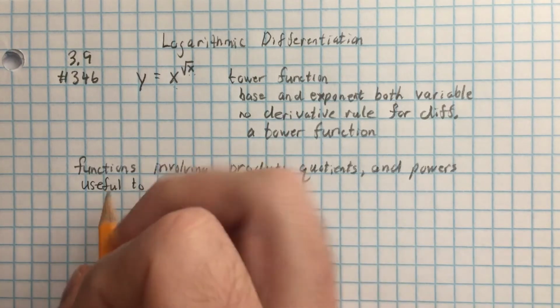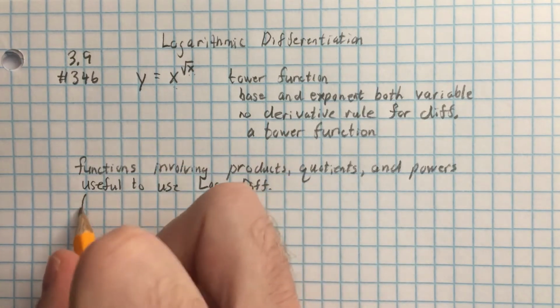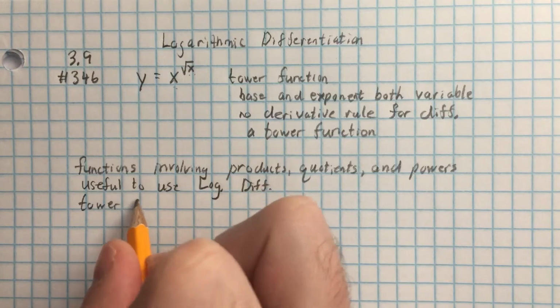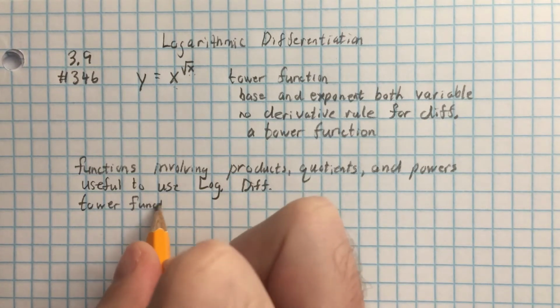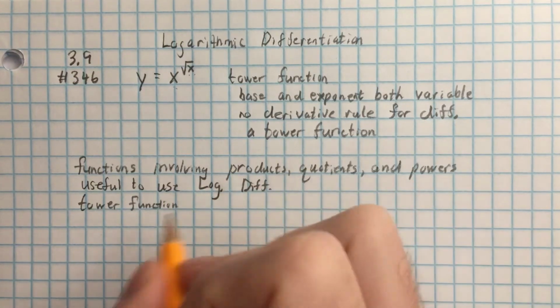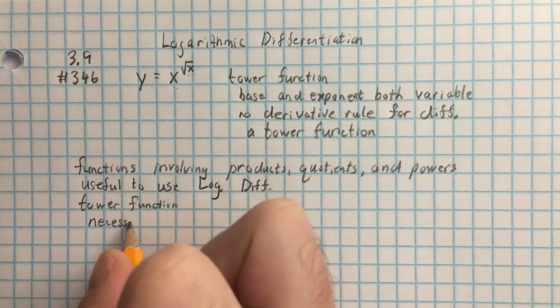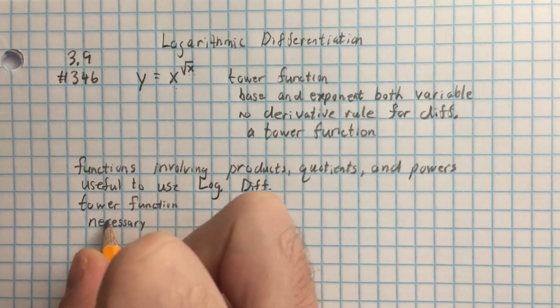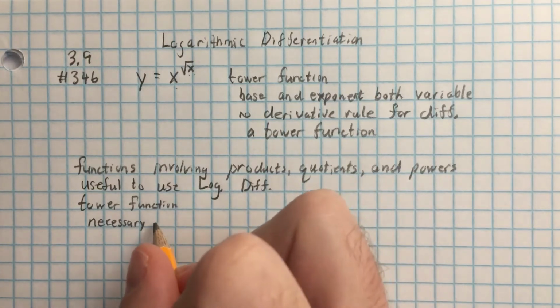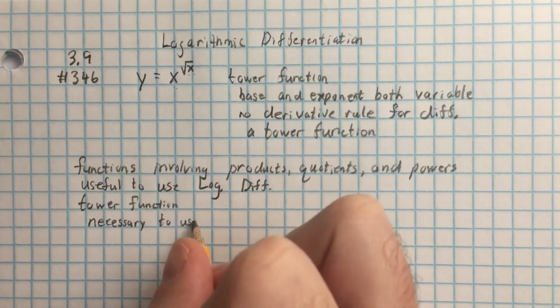But the tower function, specifically, it is necessary. There's no other way, you might say, to find this derivative. So it's necessary to use